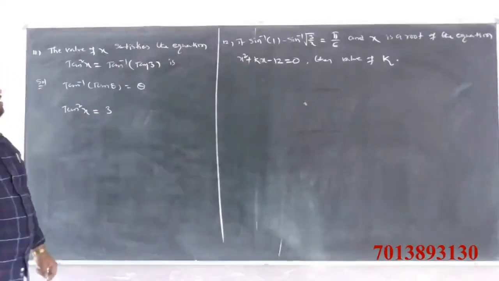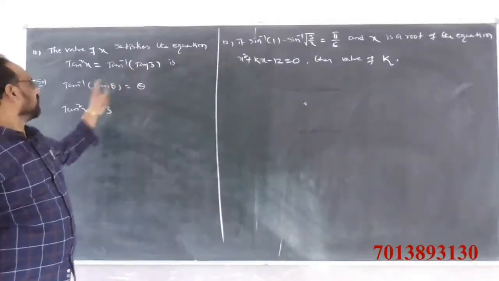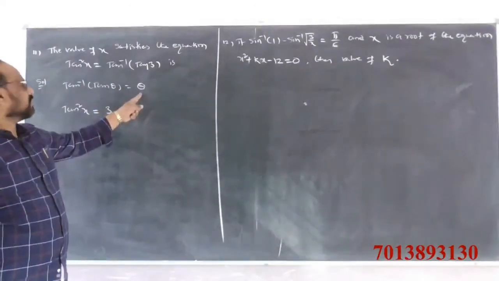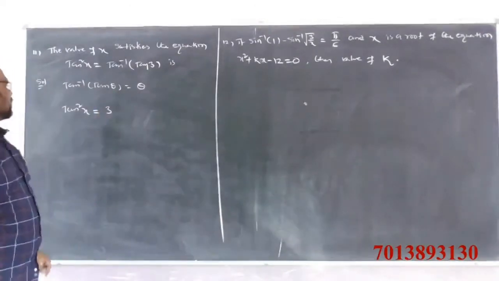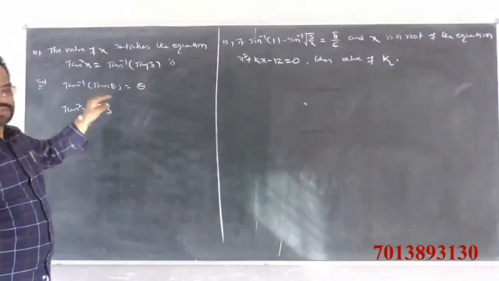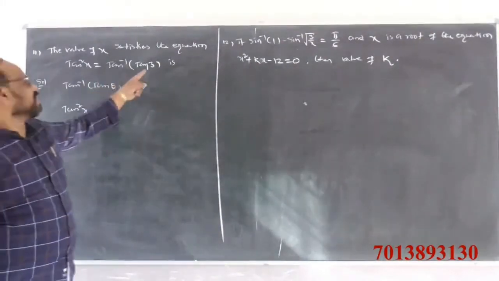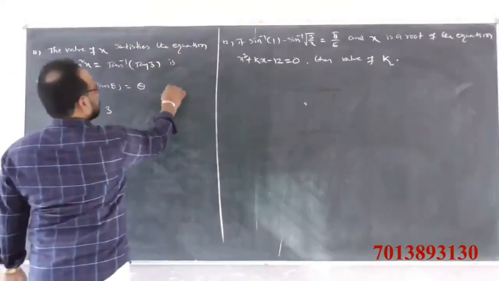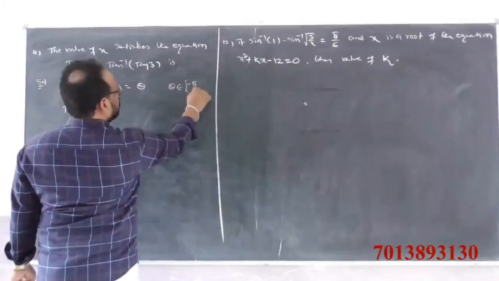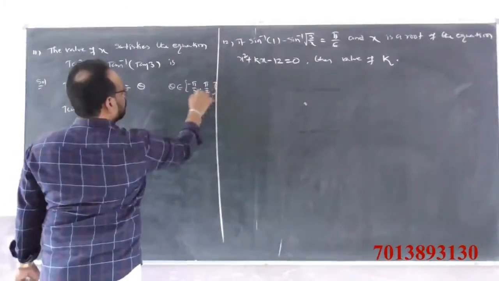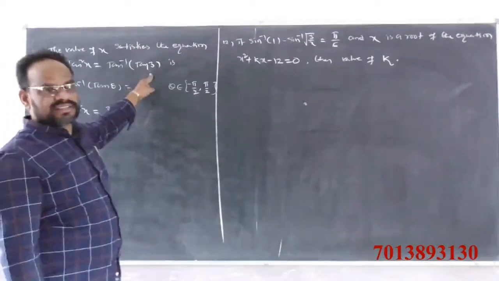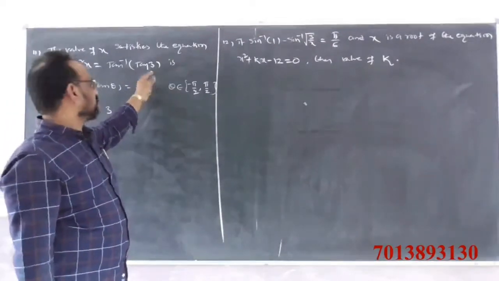Tan inverse of tan 3, tan inverse of tan theta is nothing but how much? Theta. Tan inverse of tan theta is equal to theta, but here theta should lie between minus pi by 2 to plus pi by 2. But here theta is not there. Here the value is